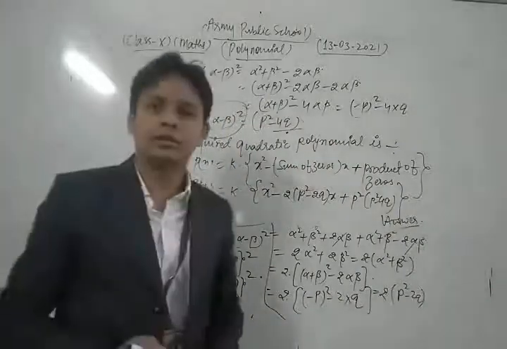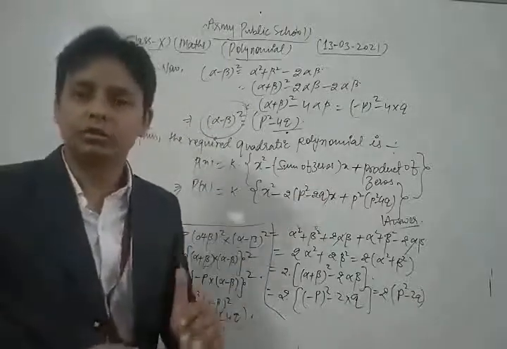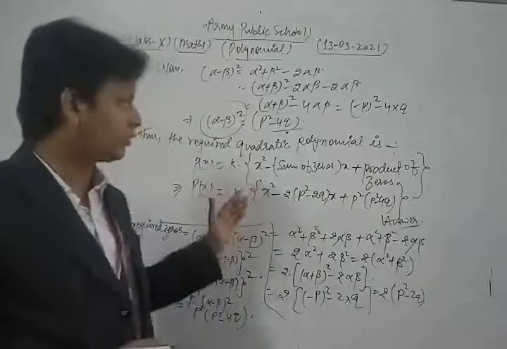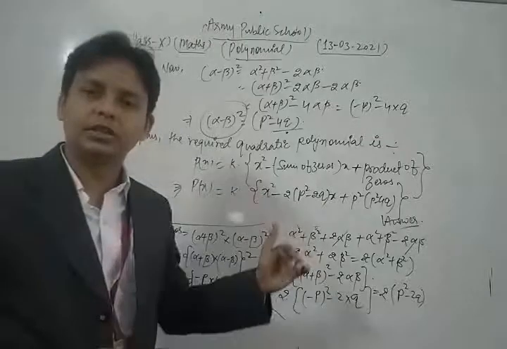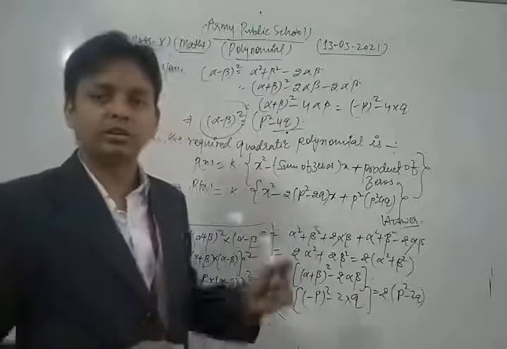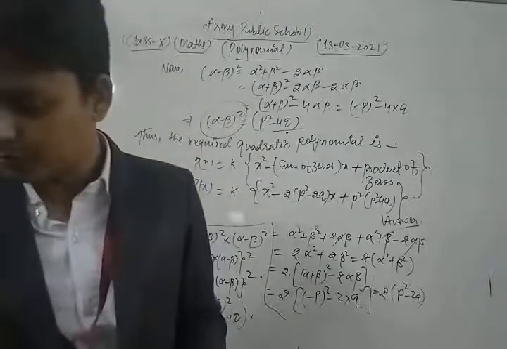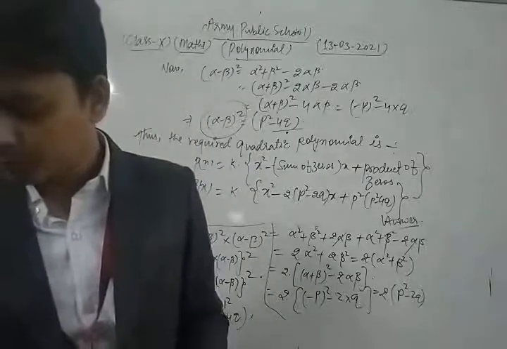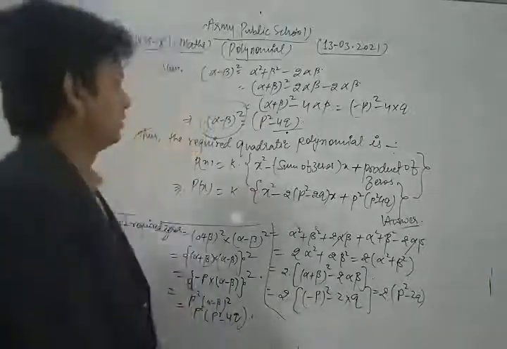Dear students, thus this is the required solution. Now, dear students, you can solve. So please first practice these questions. After that you can solve each and every question of your NCERT exercise based on the topic of finding the quadratic polynomial. Now we are going to discuss the relationship between zeros and the coefficients of a cubic polynomial. Let's see, dear students.